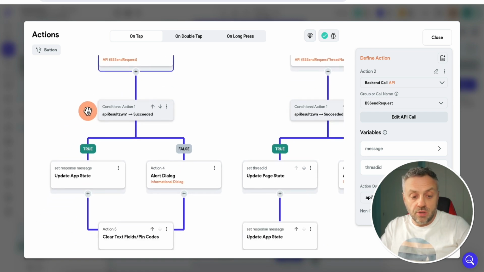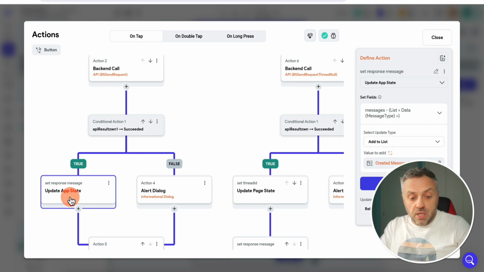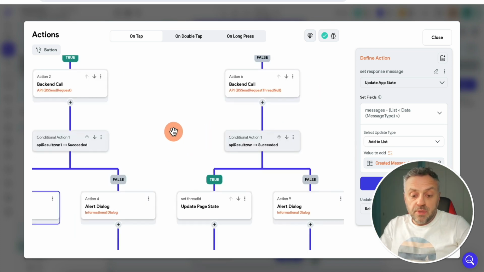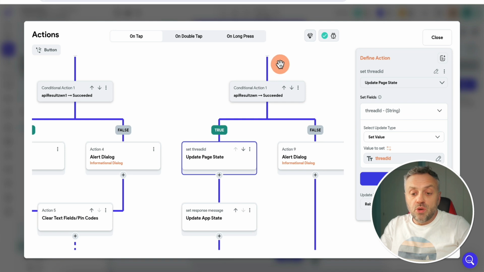So here we execute this. We get a response, we update app state, we set the response message, it rebuilds the page, and we see the message in the UI. And the same exact thing happens here, except here, because we don't have a thread ID, and this is executed for the very, very first message,